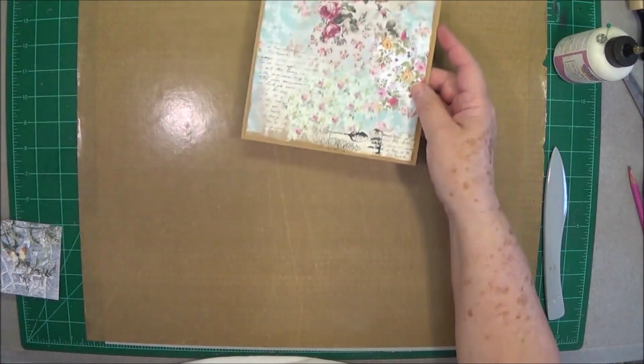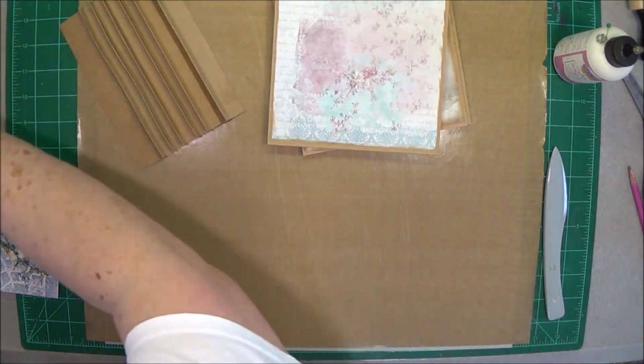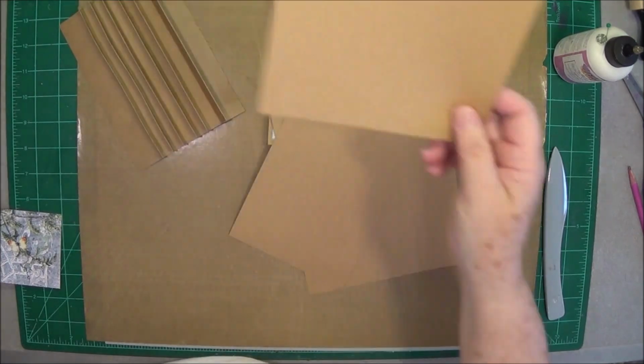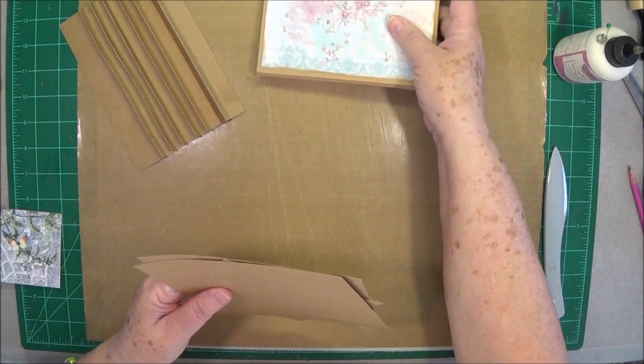Now I have already done 5 of my pages, I do believe, but I'm going to show you how to do one. They're very, very easy. They come together quickly, but it's going to be